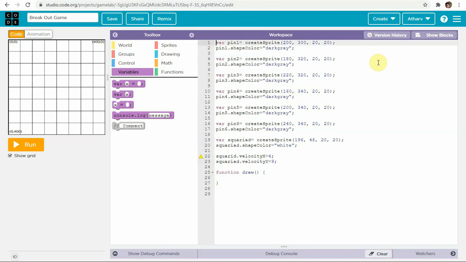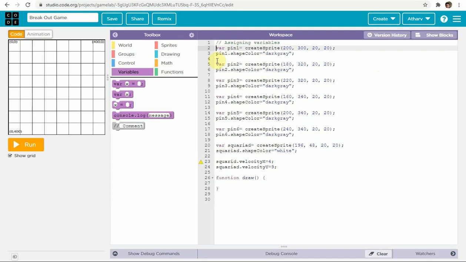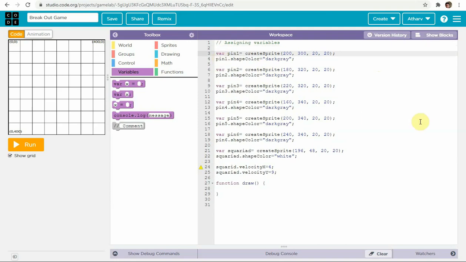Now, one more thing I need to tell you. If you put 2 slashes and then write something, for example, assigning variables, this will be a comment. This will not be counted as code. We can use it for collaboration. If you are creating an app, then this will be a very helpful function.